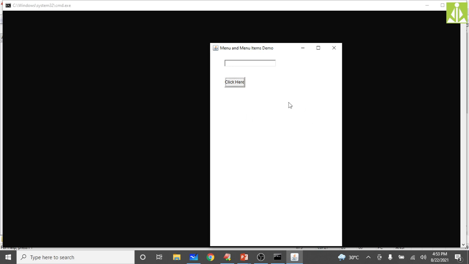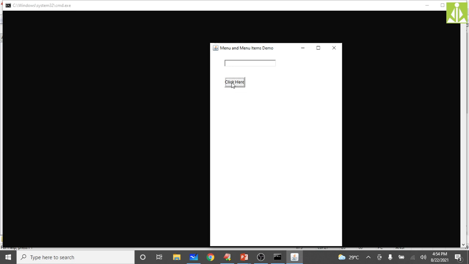So far I'm just hovering on the application, I'm not generating any event. But when you click on this click here button, see here you are clicking, nothing is happening, because we have not made the entire frame to handle our events, isn't it? We made only this button to handle our event.